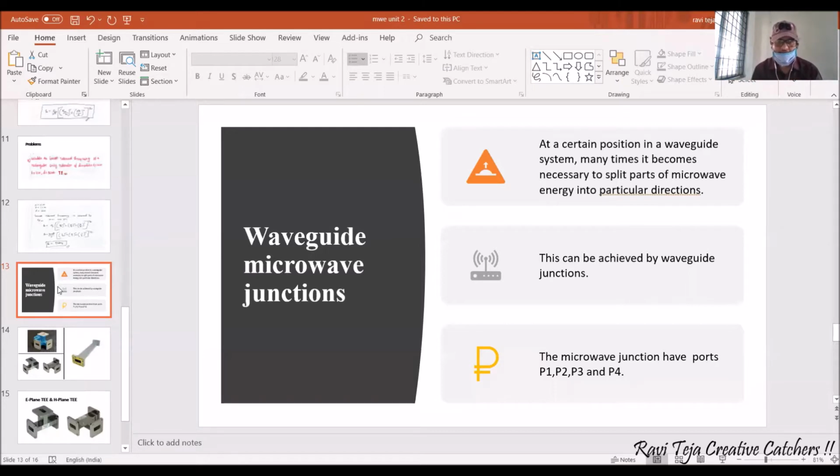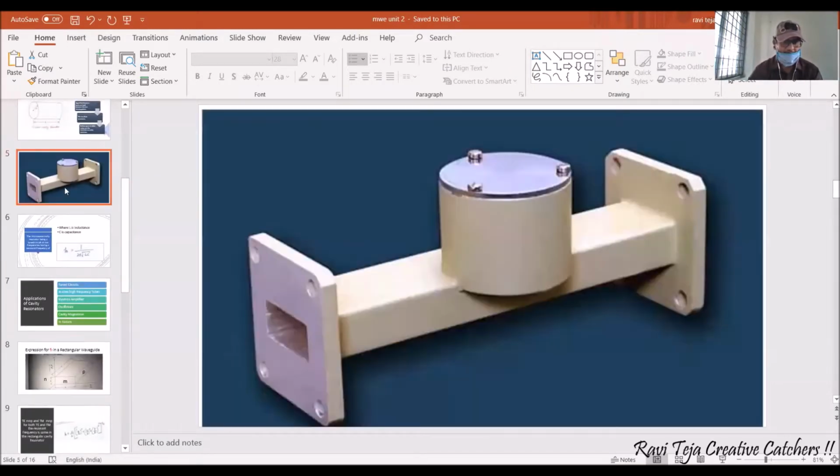Now let us assume we need our microwaves to move in several directions. What is the ultimate way? Can anyone answer? Suppose this is a rectangular waveguide. At one end of it, we have connected a microwave source, which keeps generating microwave signals. As this rectangular waveguide is in a straight line, the microwave signals pass from this point to the other end. Now, consider this as a water pipe, which is providing water throughout the city.